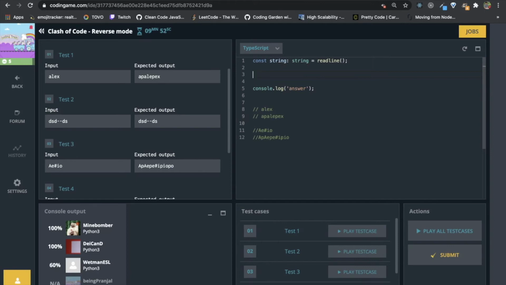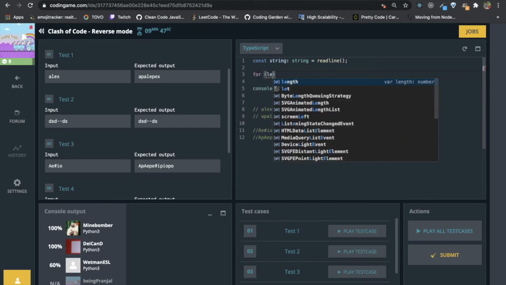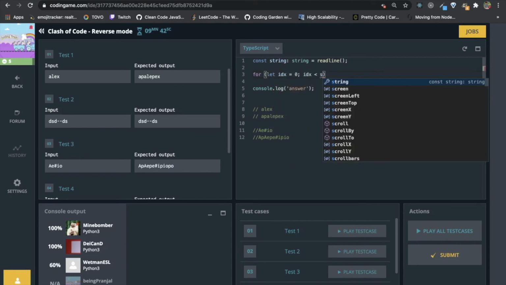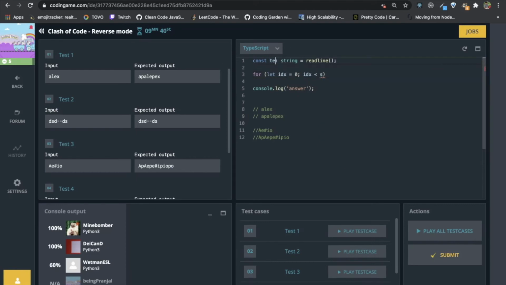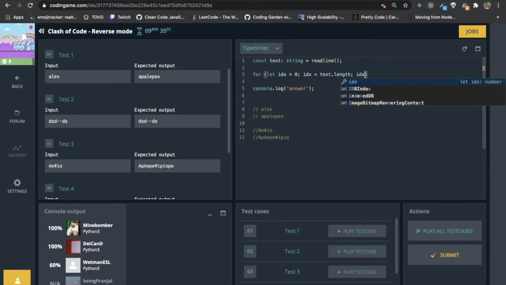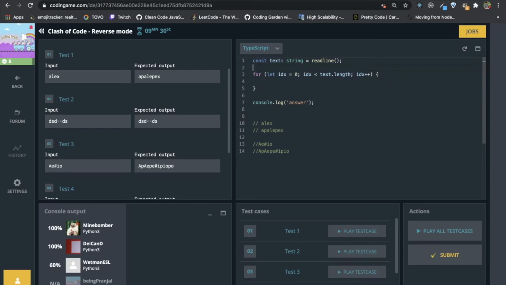It is reverse mode, so no problem. So text dot length. We can have vowels, which can be a e i o u, right?